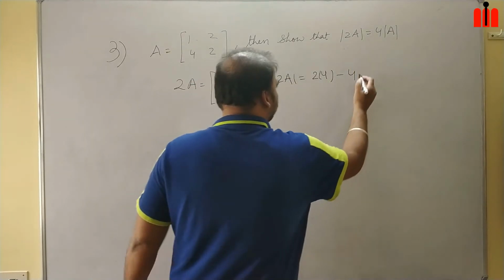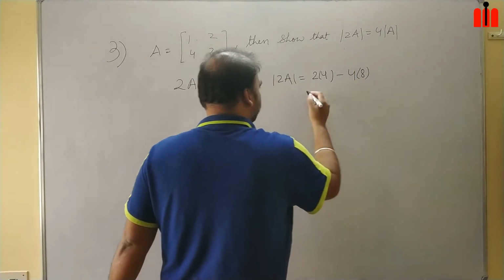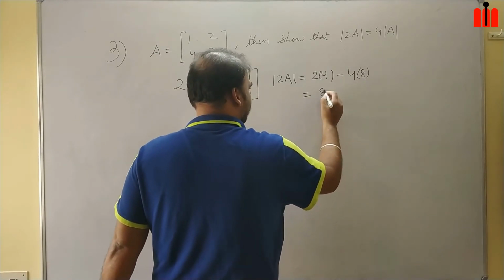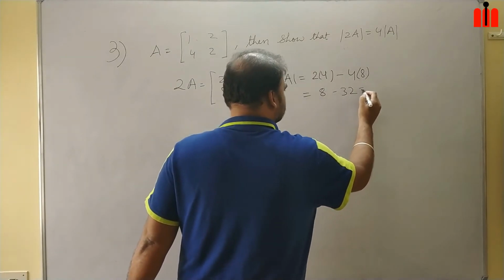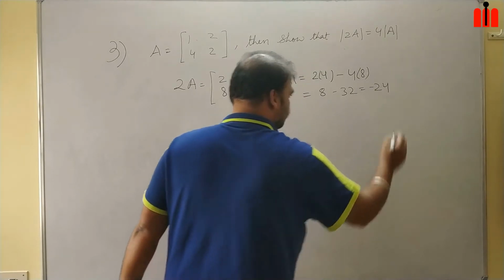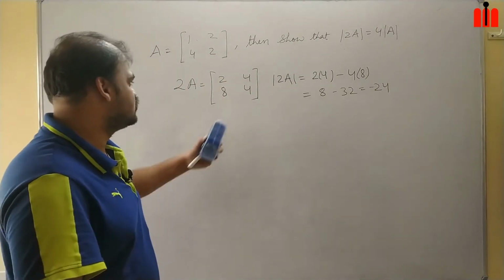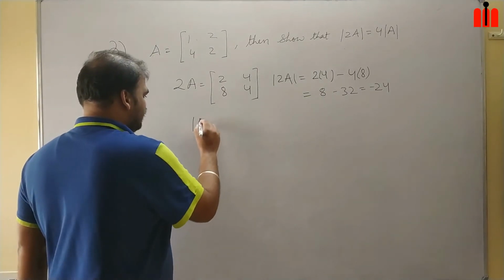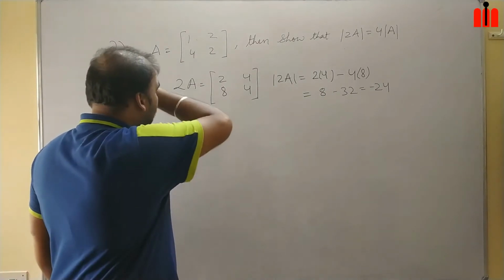2 into 4 minus 4 into 8. It will be 2 for the 8, 8 for the 32. So 8 minus 32, which is equal to minus 24. Okay. So determinant of 2A is minus 24. What is the determinant of A? Determinant of A is